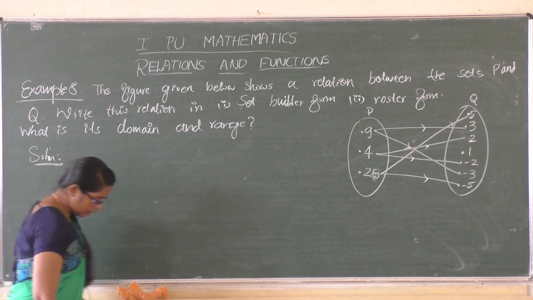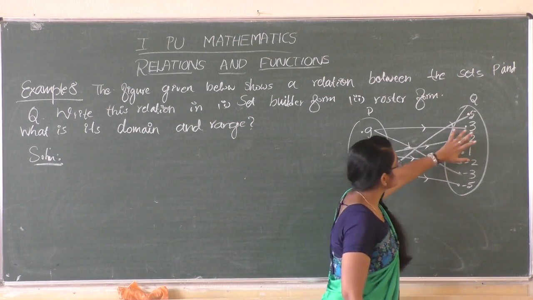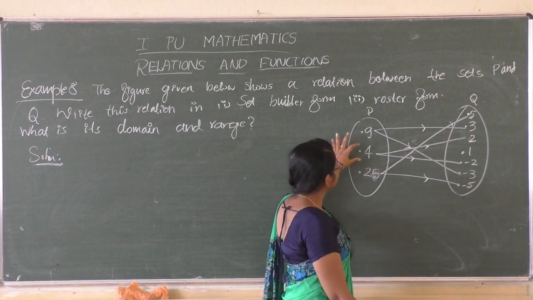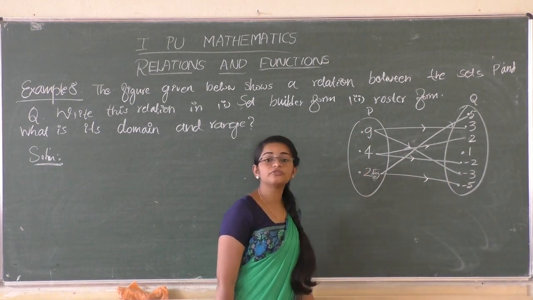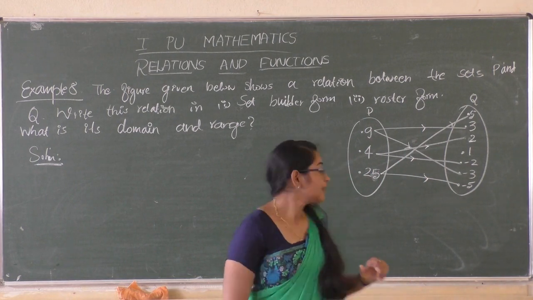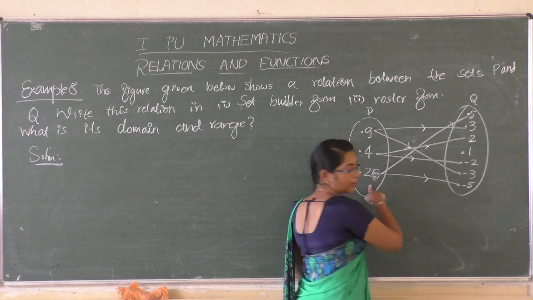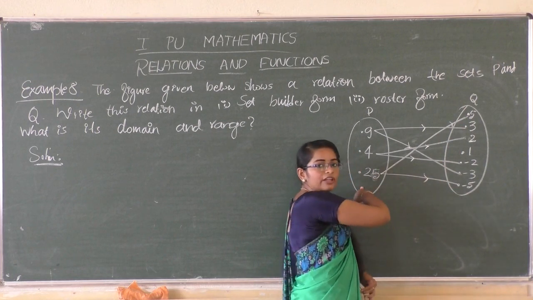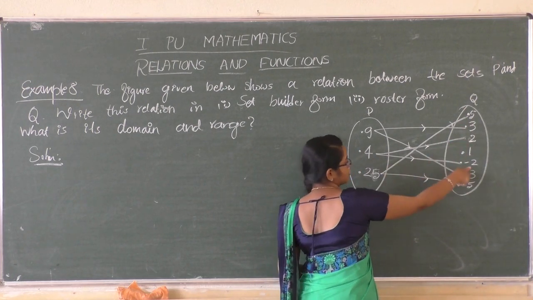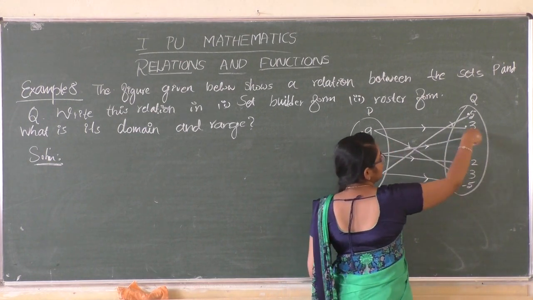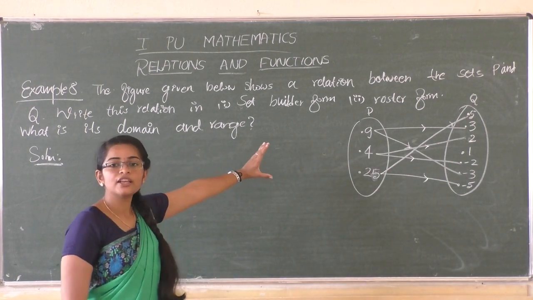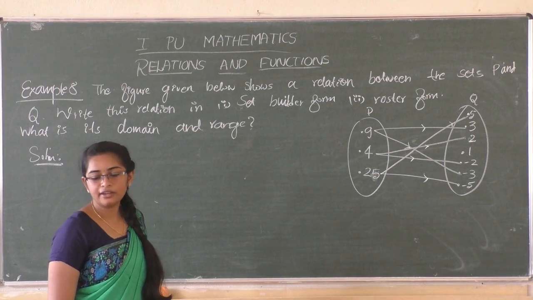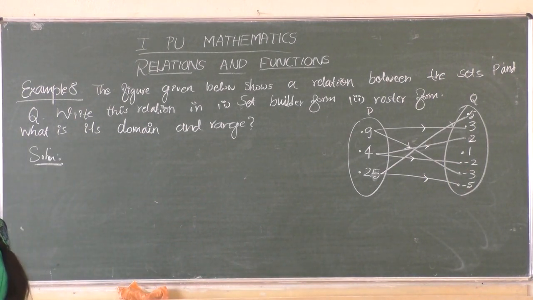See, how is it? 9 goes to 3 and minus 3, and 4 goes to 2 and minus 2, and 25 goes to 5 and minus 5. What does that imply? See, 5 square is 25, minus 5 square is also 25, and 2 square and minus 2 square is 4, and 9 is square of 3 and minus 3. Okay, what is it? The first element is square of the second element, right? That is, how can we write this? Have you understood?